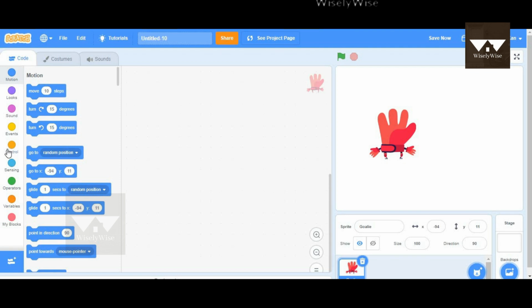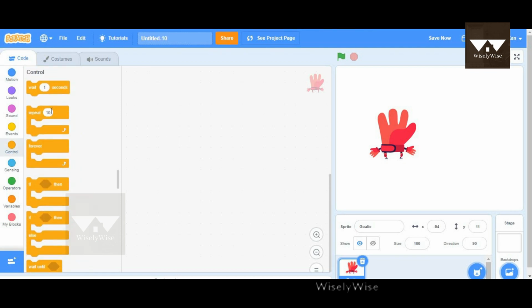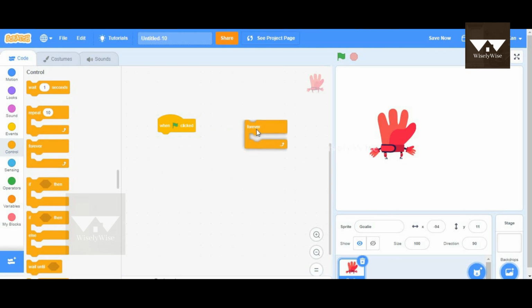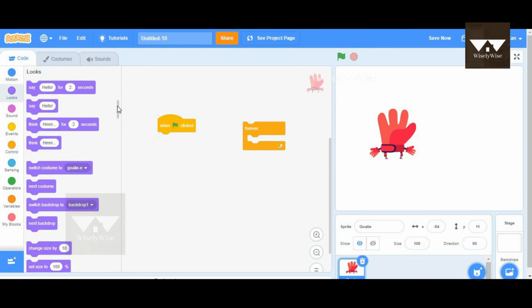So I'm going to go to control, and today we're going to see two loops which are repeat and forever loops. So we can get started with when green flag is clicked, and we'll start off with a forever loop here. So before we start, I'm going to show you a small set of blocks which we could put in